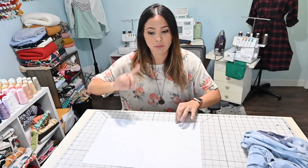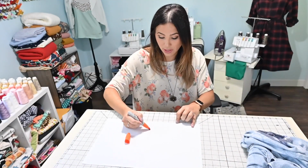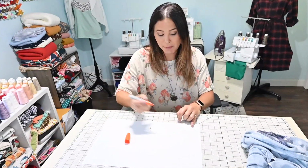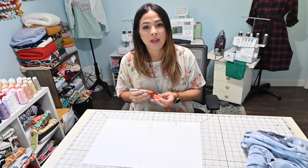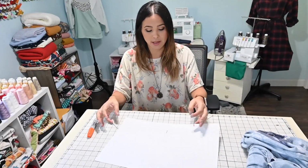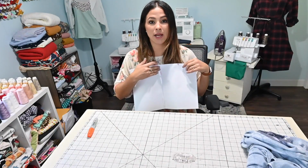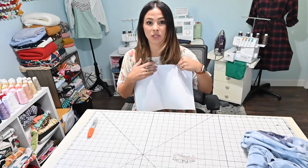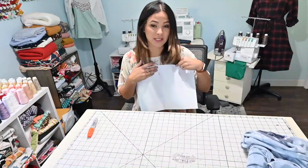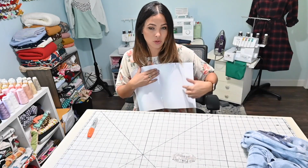And honestly, I know I put two pieces of paper together. You probably can't tell, but there's a line right here where I taped them together. But I'm probably going to do this on the fold. That way it will be the same on both sides. So I put it right in the middle. The middle line is right in the middle, and then each side goes out to where my bra strap is, and I marked it. So this is both sides, but like I said, I'm going to do it on the fold,